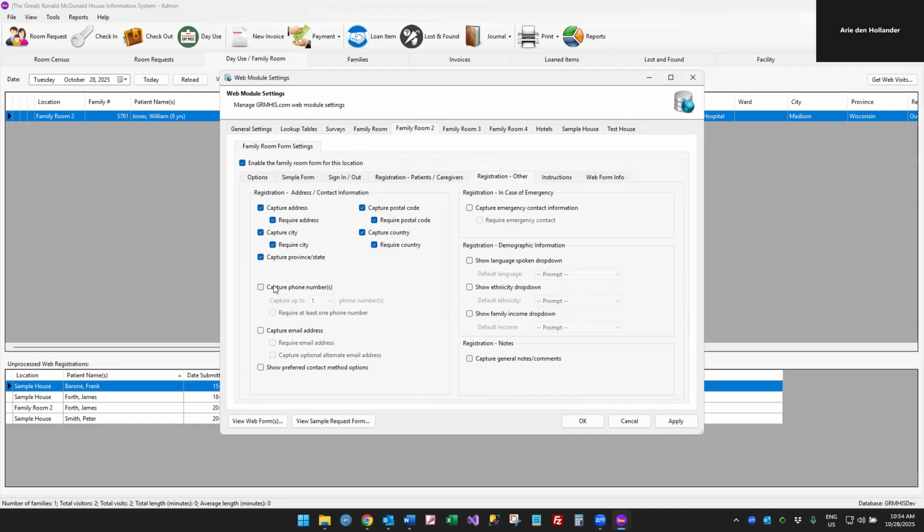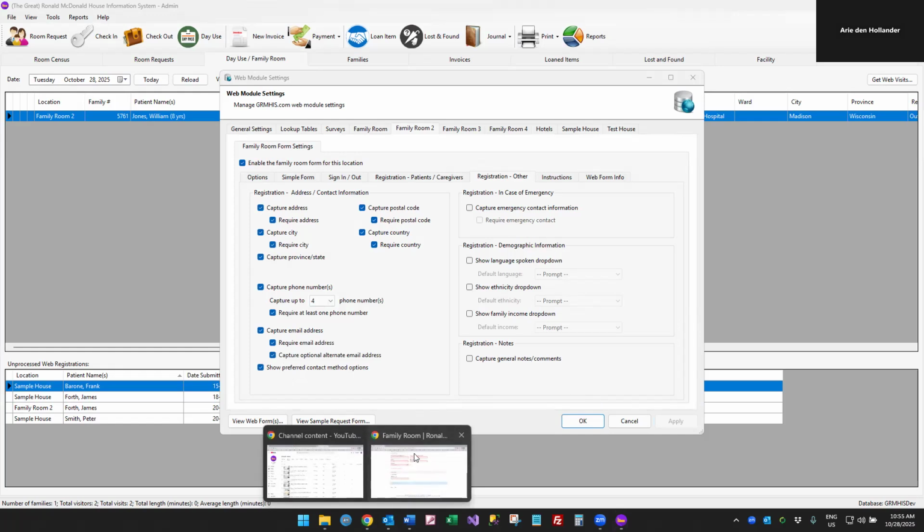Then same thing with contact information. You can choose to capture phone numbers or not. So if you want to capture a phone number, now we're going to capture up to 4. So you can select how many phone numbers you want to display. So let me just select all 4 there. And I want to make at least 1 phone number mandatory. I'm going to capture an email address, and I want to require an email address to be entered. And then there's also a place where I can capture an alternate email address and a place to show preferred contact methods. So again, if I enable all those options and I reload my form,